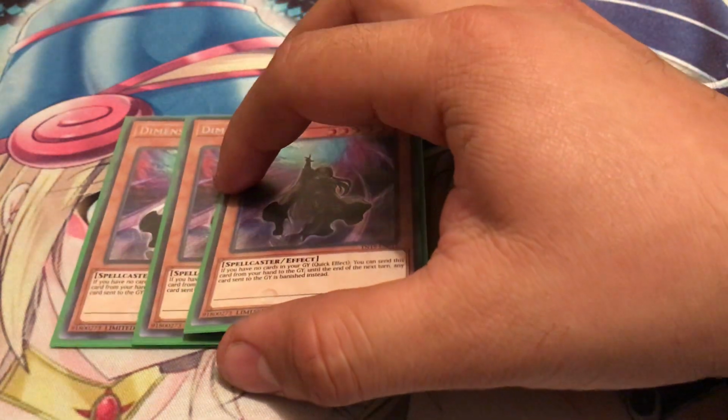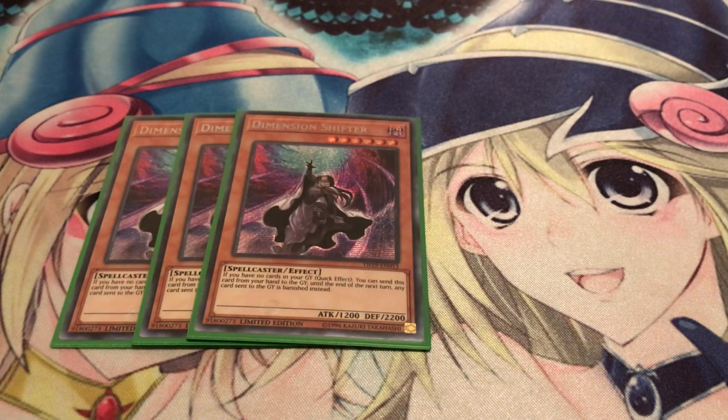I'm running 3 copies of Dimension Shifter. This card's actually really good in this deck too, because the whole point of this deck is that it gets its advantages by banishing monsters, and you can recur your banished cards, so that's why it's so good. It's basically Macrocosmo for a turn, and Macrocosmo's at 1, so this just basically acts it until the end